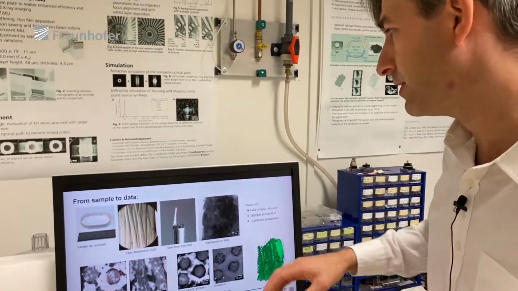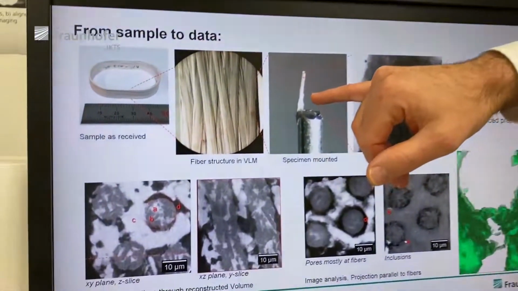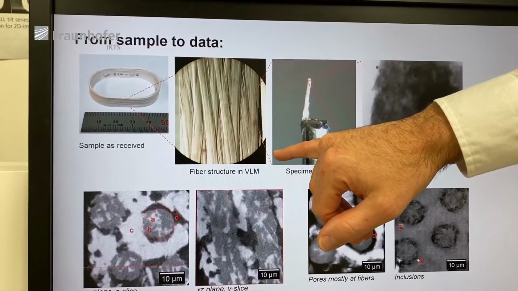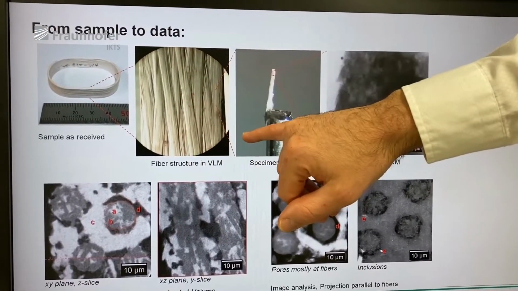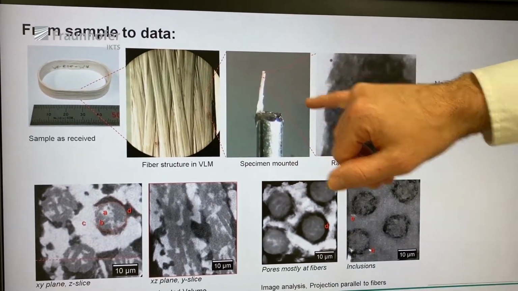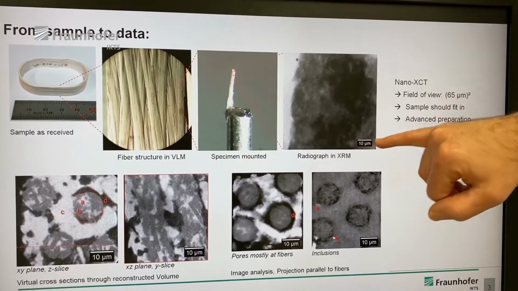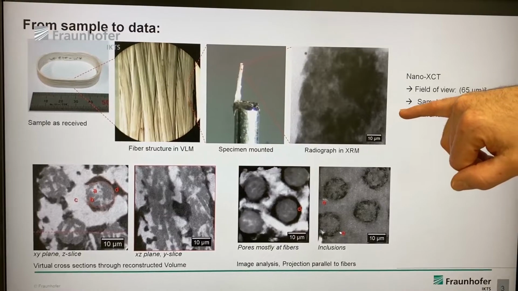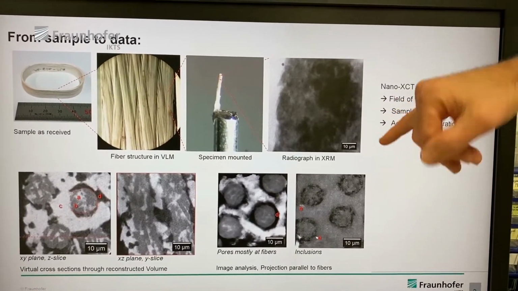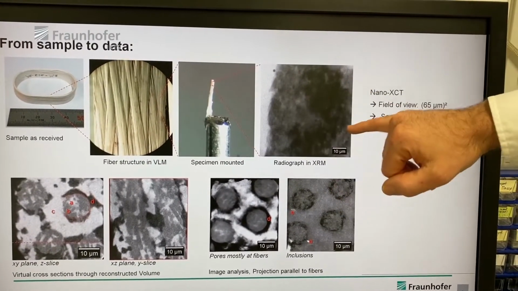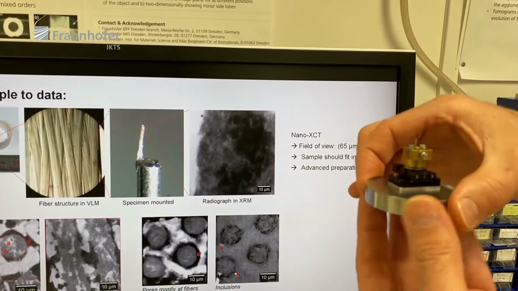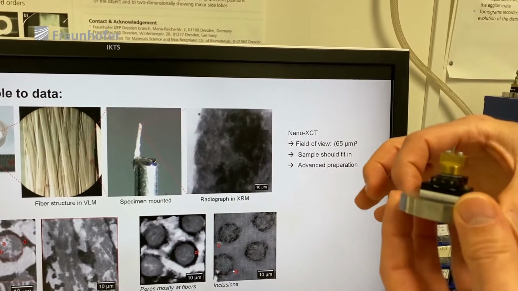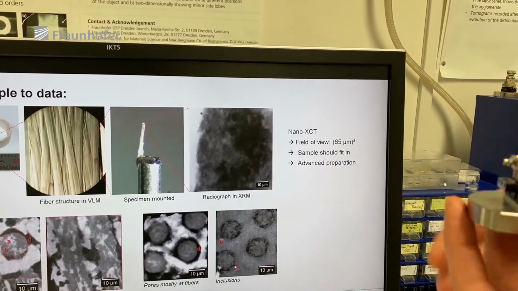So, at first I will start with the ceramic composite material. We have a ceramic fiber composite material. From a large sample, we take a small area, a small fraction. We have the radiographs in absorption contrast, and the more dense the material is, the darker the image is. After taking a tomography by rotating the sample by 180 degrees and taking a lot of images, and then a